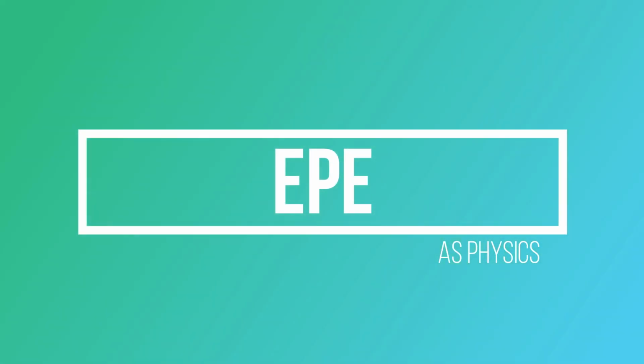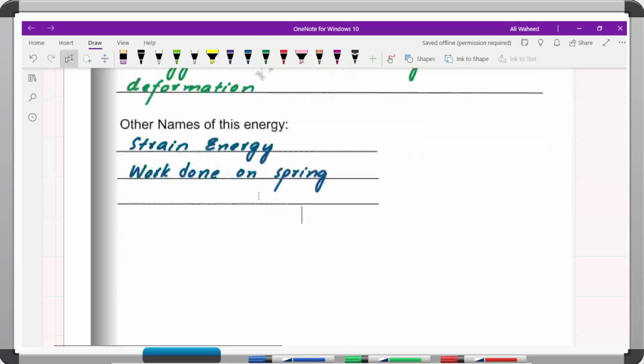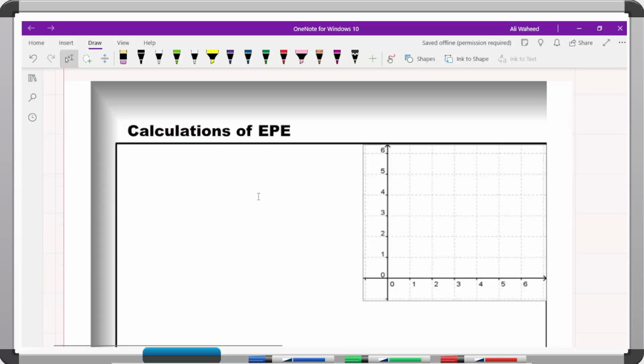So elastic potential energy is the energy that could be in any body that can undergo a deformation, and the energy that is stored due to change in the shape of the object due to deformation is called elastic potential energy. So let's have a look at the calculation, and I'm going to draw a very simple